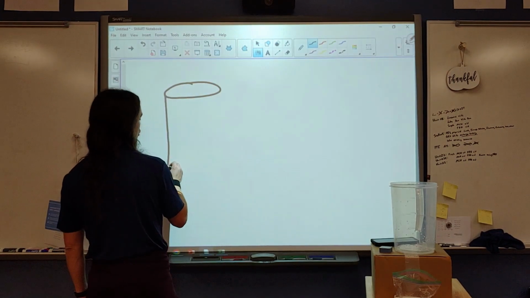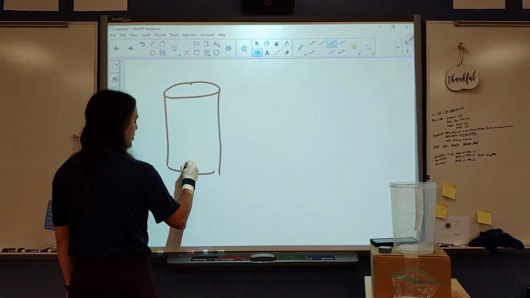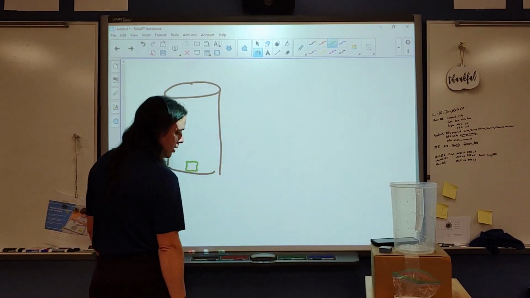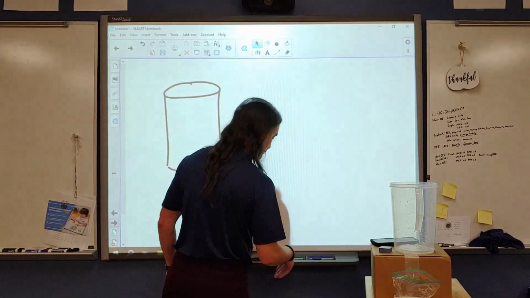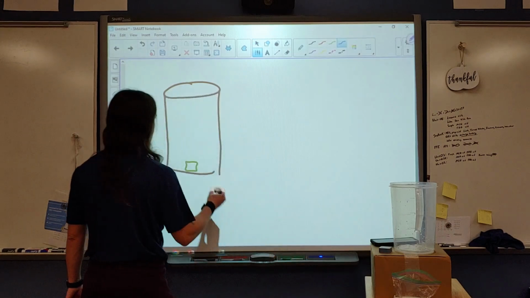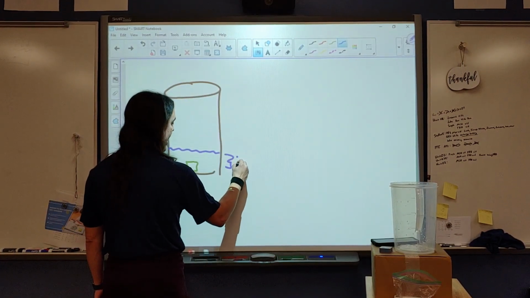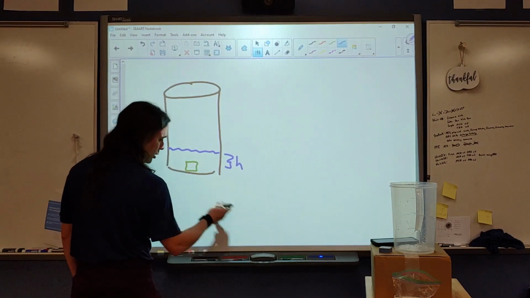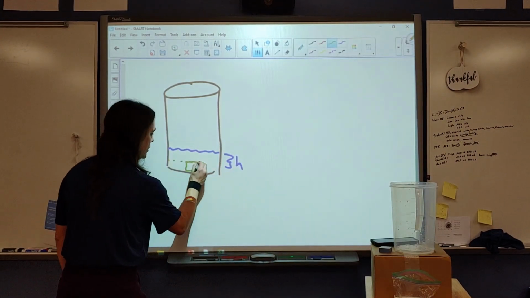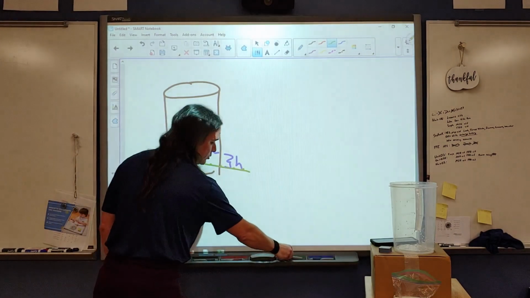I've got a large pitcher of water, largest container that I could easily find, and I'm going to take my pressure sensor and I'm going to put it down at the bottom of this. And then what I'm going to do, oh, there we are, we're back up to 96,000 pascals. I'm going to add a little bit of water onto it, such that we have a height, say from here, let's see, I'm going to go